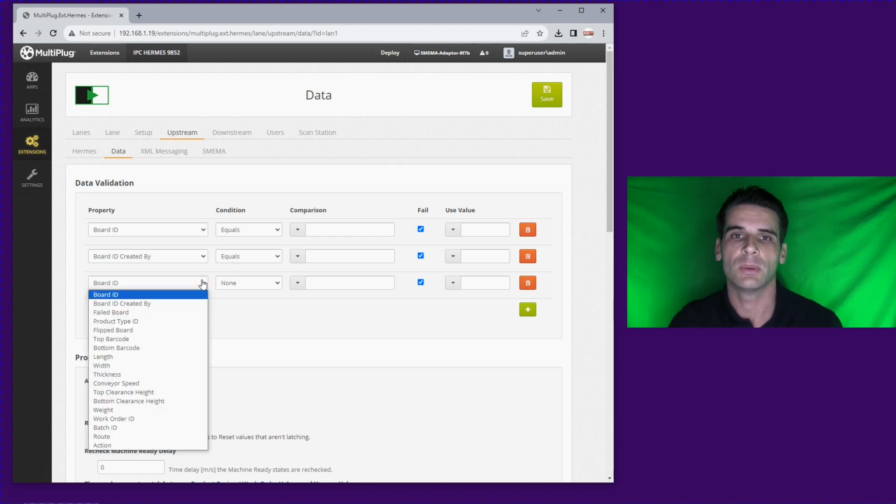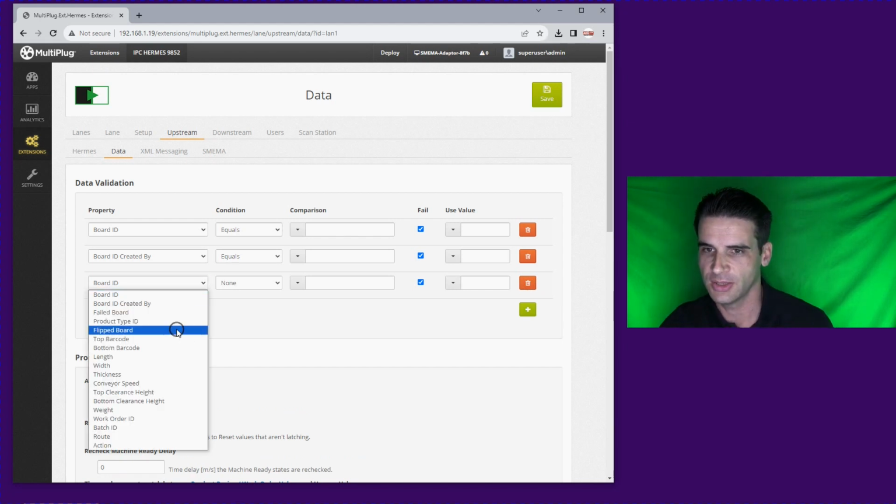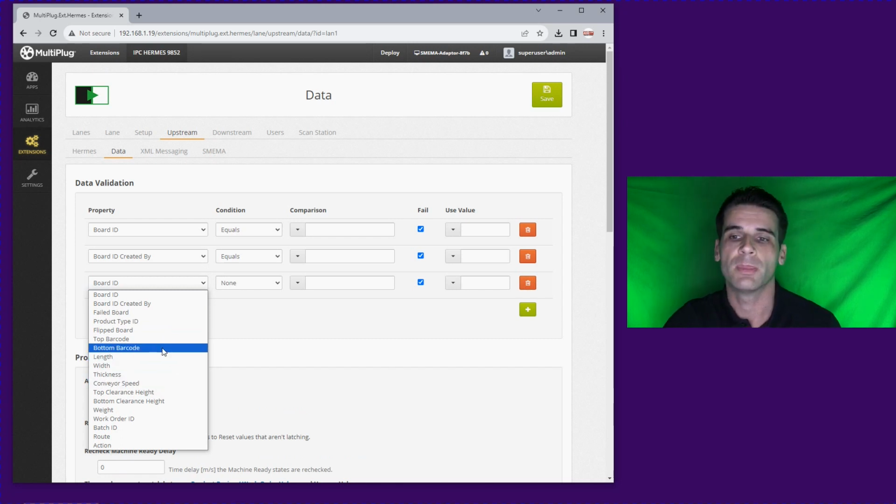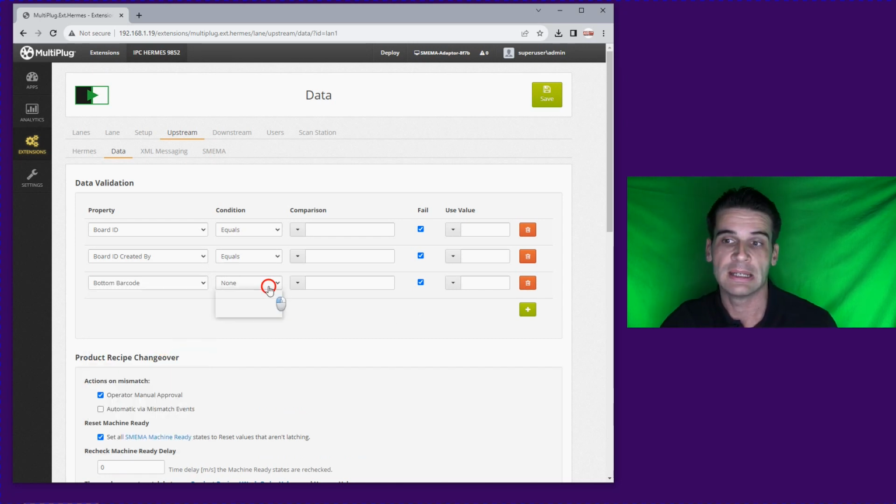We want to select what we want to inject, the data that needs to be injected. So in this case we're going to use the bottom barcode. We're going to say if it equals the comparison blank, so if there's no value at the moment, add a value. We're going to untick fail because we actually want it to continue, but we want to add new data to it. And then we want to use a value, and the value we want to use is from the scan station. So essentially the barcode is already been scanned, or it's going to wait for it to be scanned. So if we save that,